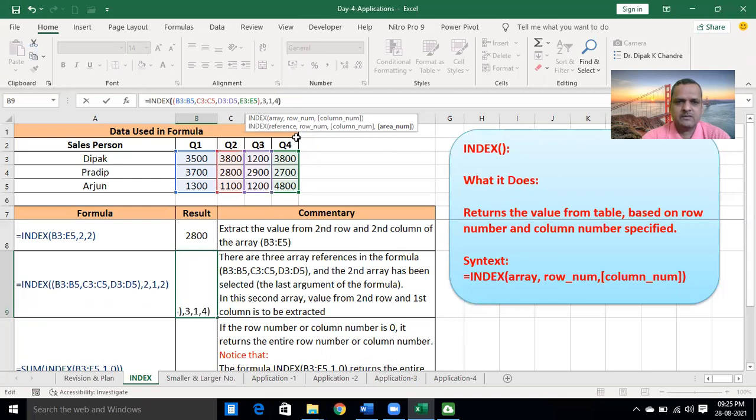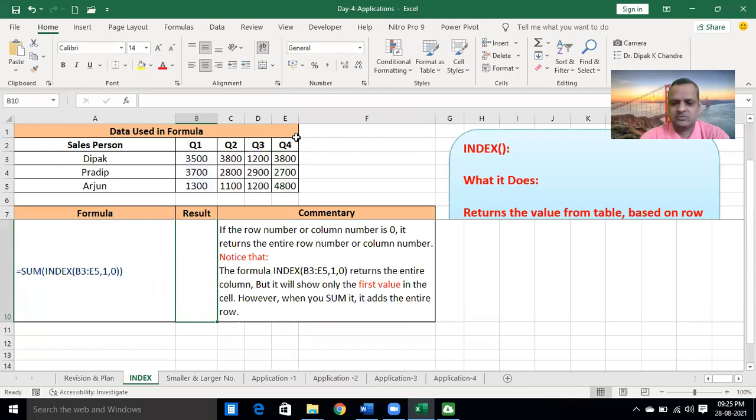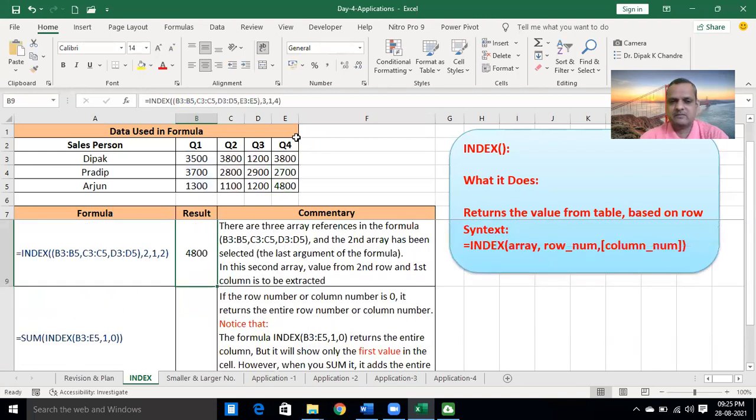Then hit the tab key to complete the function and it shows the result 4800. Is it clear, Rajman? Yes, sir. Okay.